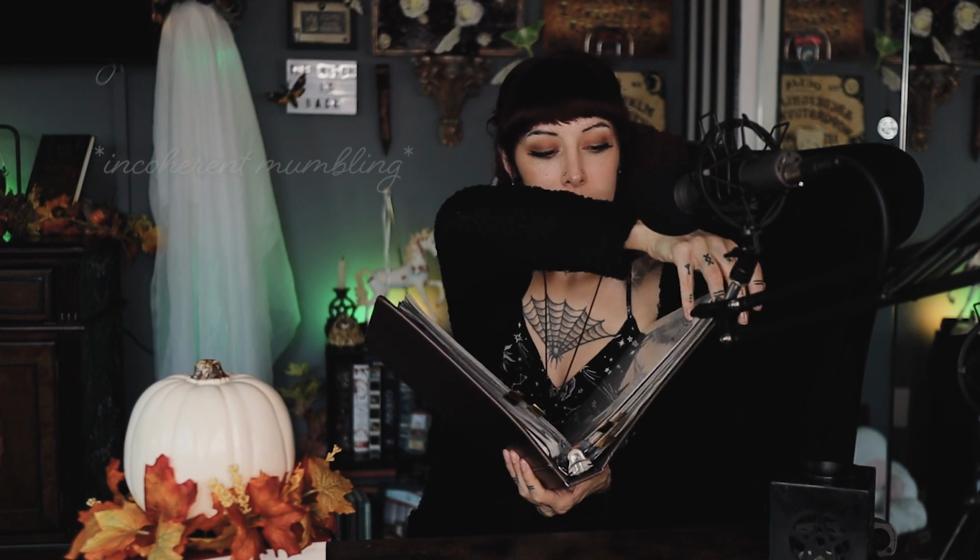I put it in my personal grimoire. I typed it up and I put it in here. Let me see if I can find it. Mabon apple cake. If you like apple pie or caramel apples or sweet appley flavored things, apple breads, this might